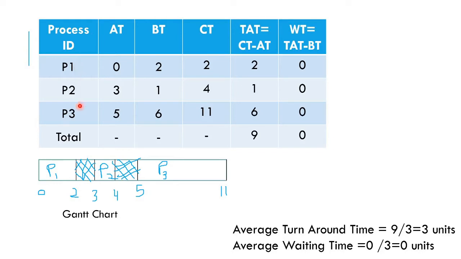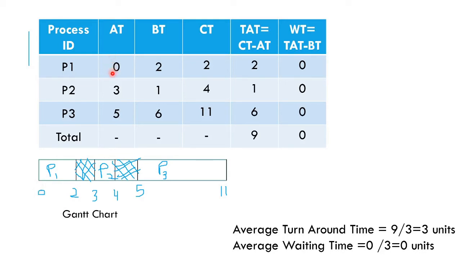Then I have written the process IDs, the arrival time and the burst time given to me in the question. Okay, now I have to write the completion time. For that purpose I will have to draw a Gantt chart. It is a kind of bar chart which is going to show you the schedule, like what the starting timing is and what the ending timing is. For that purpose we are making a Gantt chart. So I start making a Gantt chart for the same.